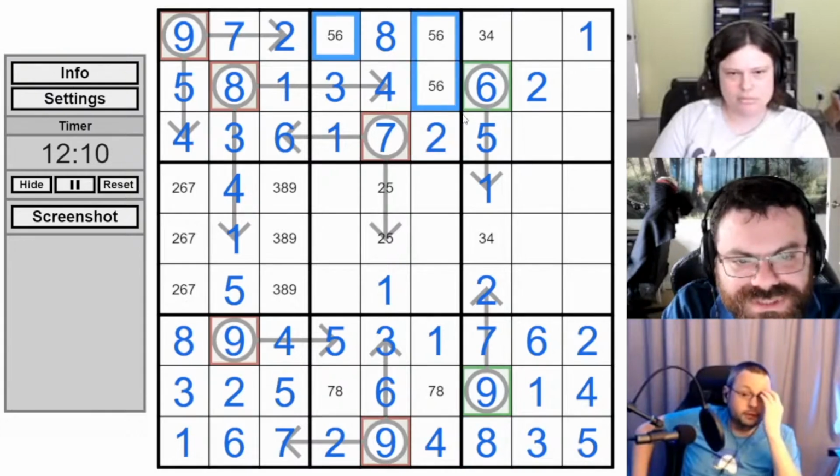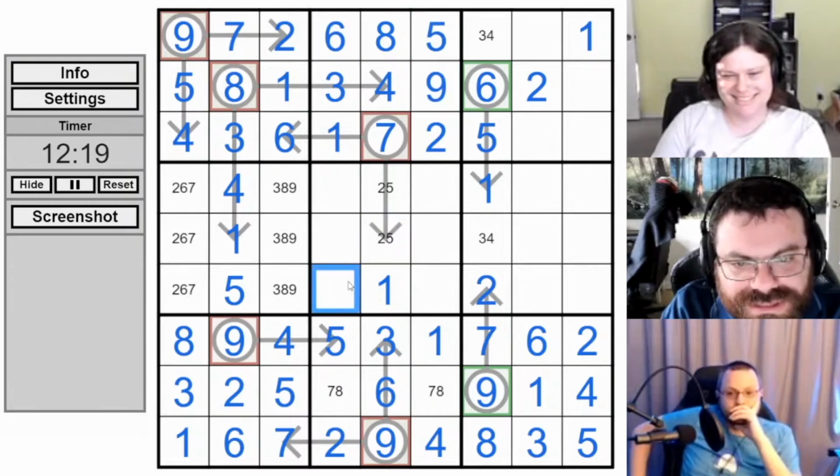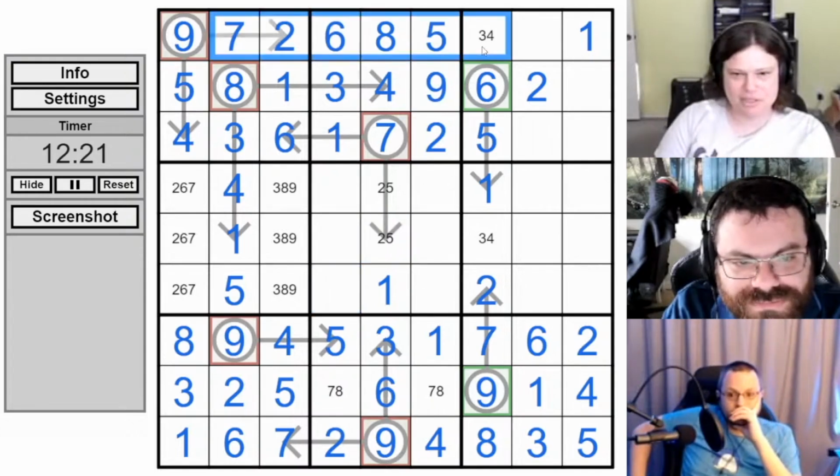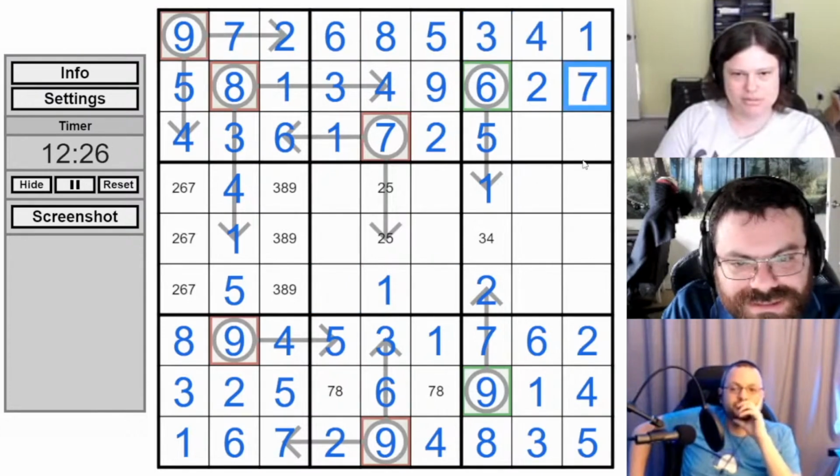1, 2, 3, 4, 5, 6, and 9. So that's not a 5. In fact, neither of those 6 or 9 is a 5, because there's a 9 in row 1 and a 5 already. Yep, good point. You can finish row 2. Is this 4 and 3? Oh, yeah, that's a 7.